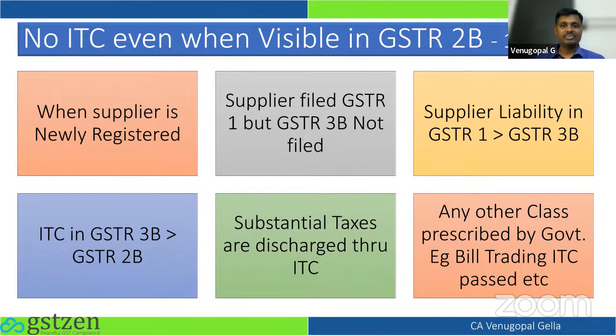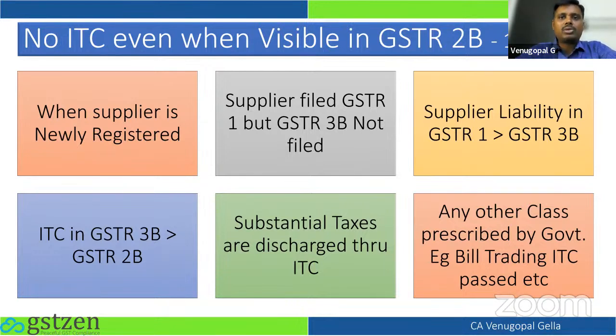Imagine a situation. Let's say I'm a dealer of, say, mobile phones. Now I have procured a consignment worth 50 lakhs and the tax liability thereon is 9 lakhs. I will be selling at, say, 60 lakhs. I'm a wholesale trader, selling this at 60 lakhs, a 20% margin. At the end of the month, for 60 lakhs at 18%, I will have to discharge my GST.